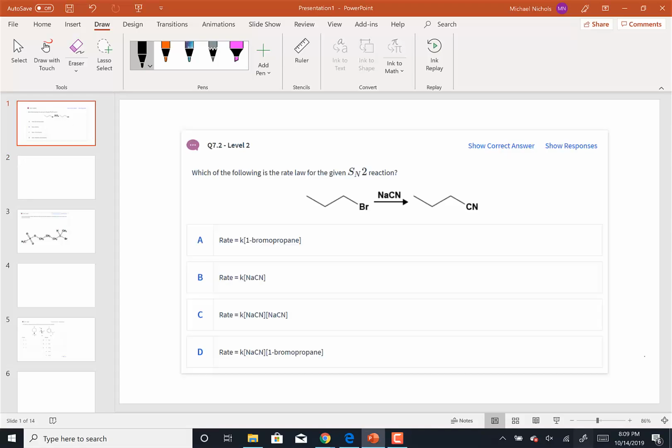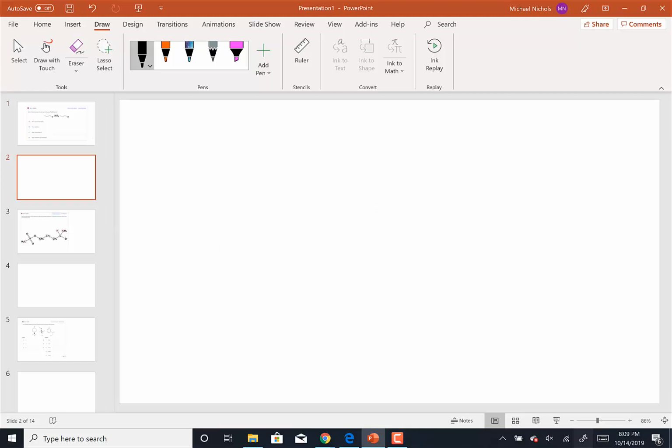Okay, someone asked a question about question 7.2, and it says, what's the rate law for the following SN2 reaction? Now, before we look at this specific problem, let's look at a generic one. So if we have, for instance, an alkyl bromide, and we add to that a generic, negatively charged nucleophile, what we're going to end up doing is substituting the bromide for